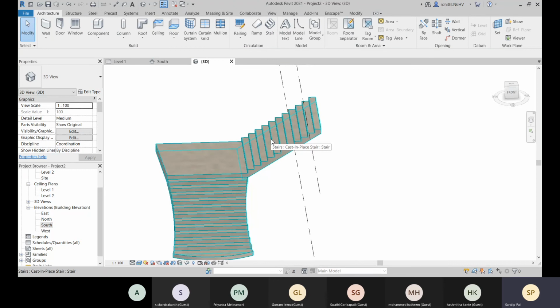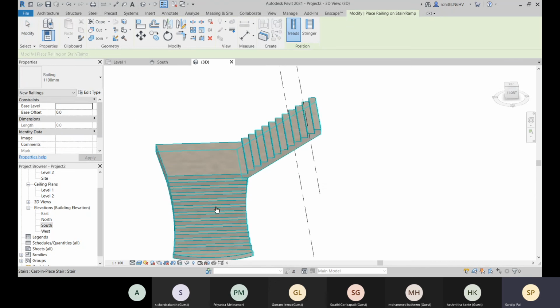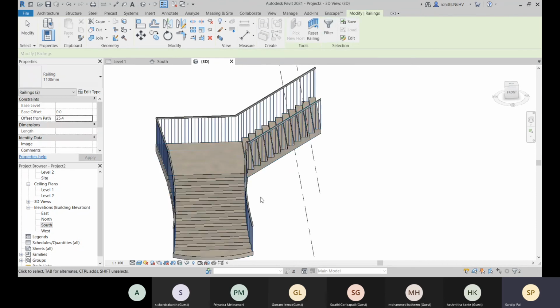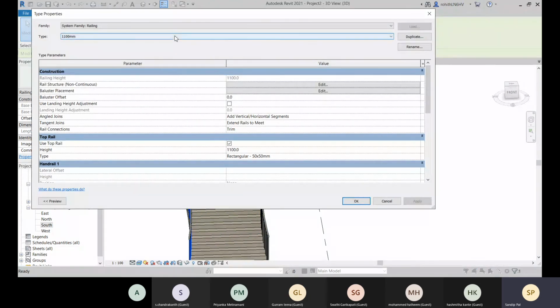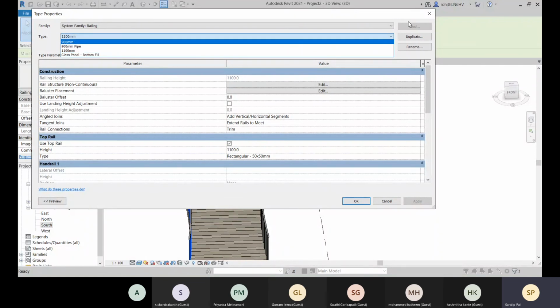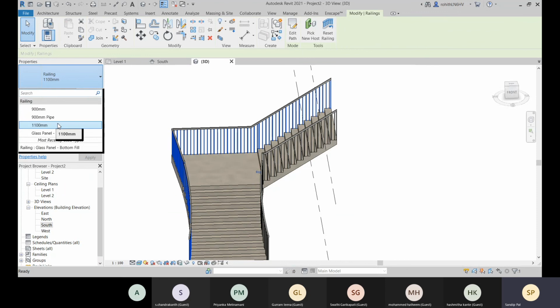There shouldn't be any railing present. Then you can go with this place on stair or ramp, and then choose either treads or stringer. So you will go with treads, and there is no stringer right now. It is placed. Okay, and after that you can change this railing type, from here or from this type selector.